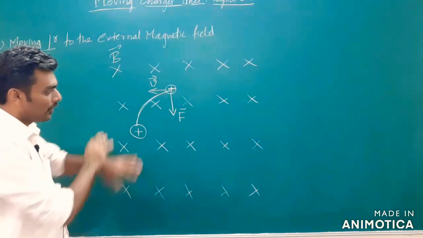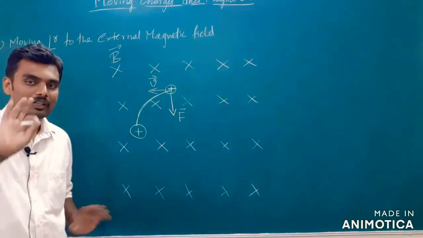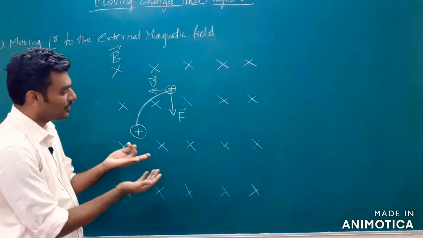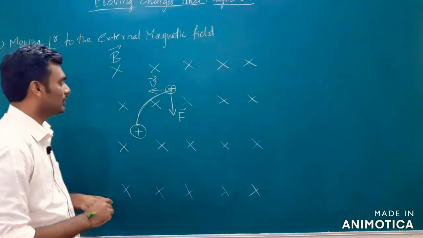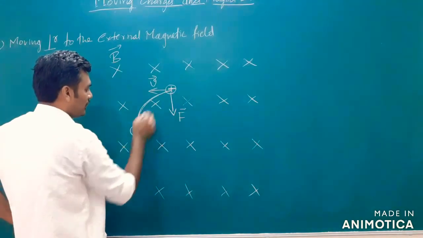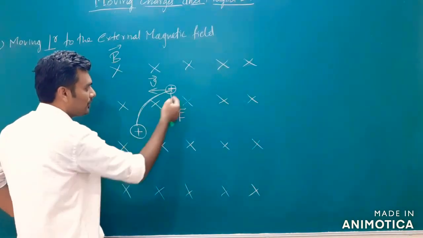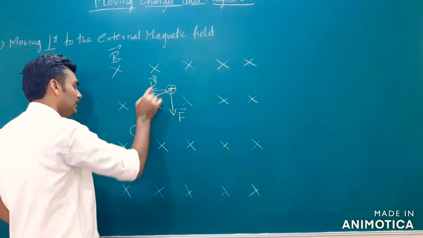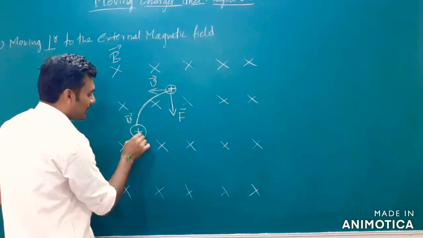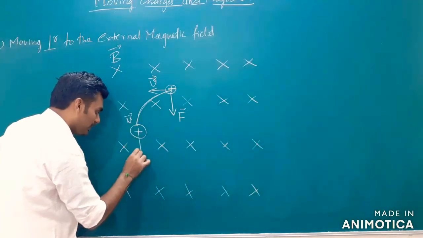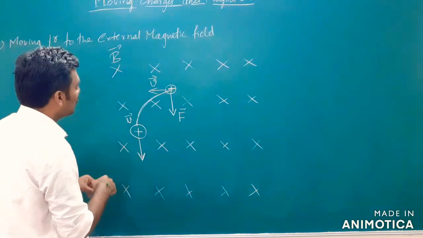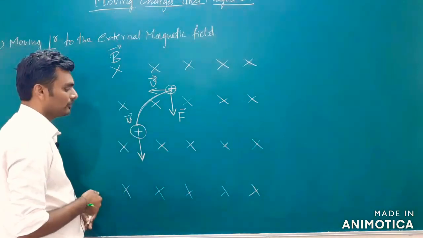All of this is happening in the absence of gravity, you should imagine so. Or else you should imagine such a platform where gravity is not affecting this motion. Be clear with that. So this is the position of the body, which is again moving with velocity v itself. And now what is the direction of velocity? At this point, the direction of velocity is like this. And what is b? B is into the board itself.